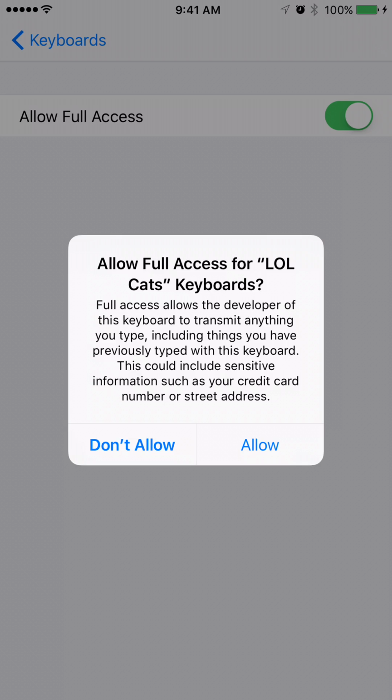You're going to see this message that says we need full access. And it says this could include sensitive information such as your credit card number or street address. I've had some questions about this before, so I just want to let you know. Number one, we didn't write this message. Apple writes this message. And number two, Apple requires that any app that has a keyboard extension show this specific